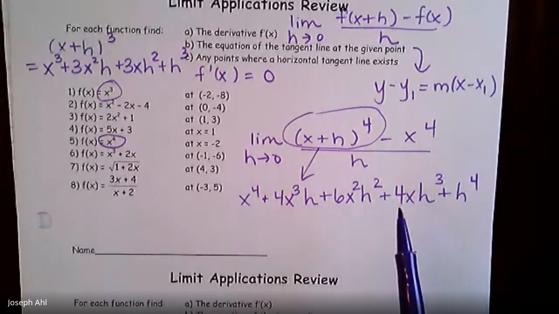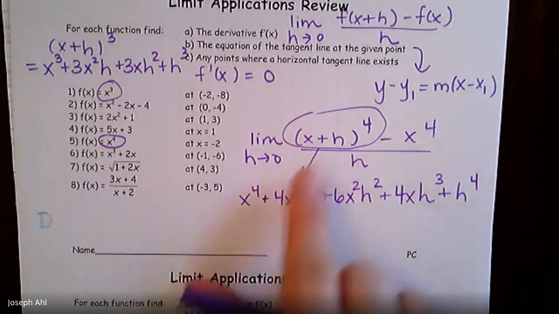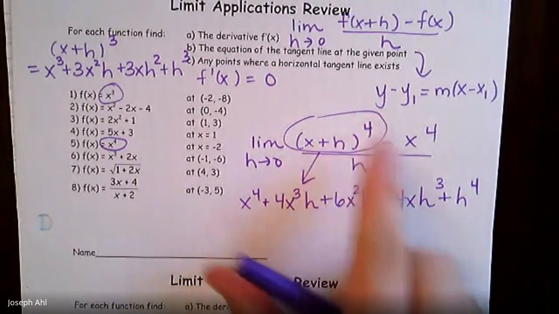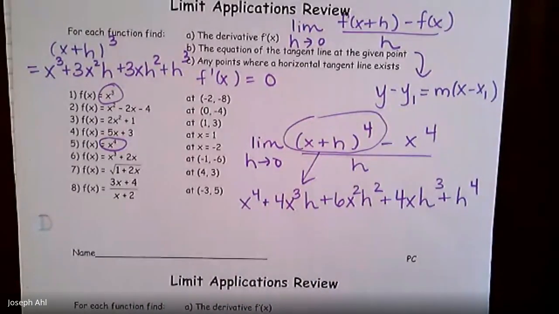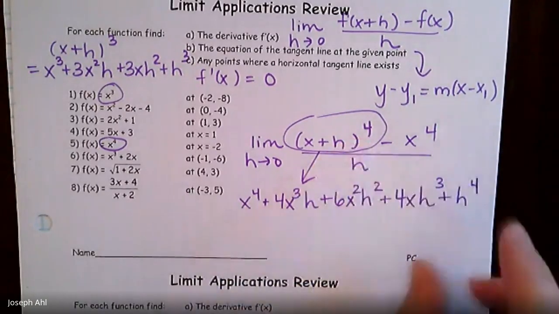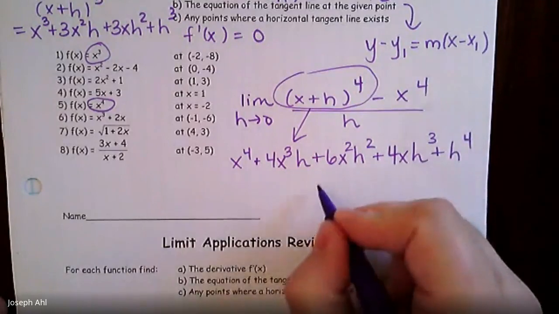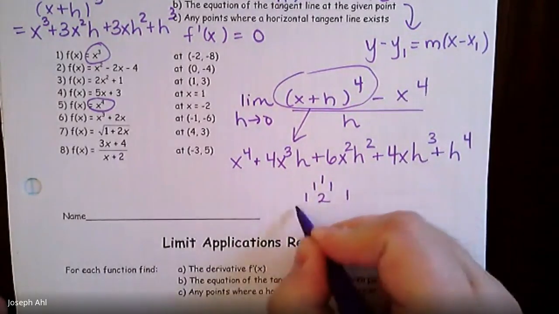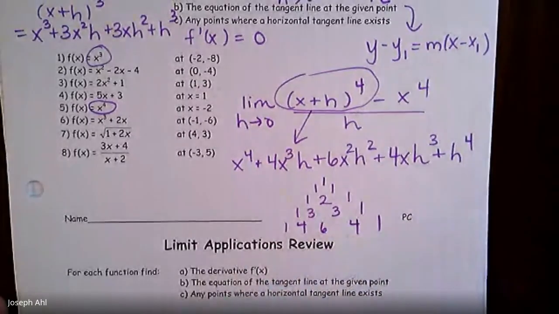There used to be in Algebra 2 a topic that was taught called binomial expansion. And that's what I'm doing. I'm taking a binomial, raising it to a power, and this is what the expansion of that looks like. So there are definitely patterns that exist when you expand binomials of this form. And it actually has something to do with, I know you guys didn't want an extra math lesson on top of everything right now, but if you've ever heard of something called Pascal's triangle, which looks something like this,